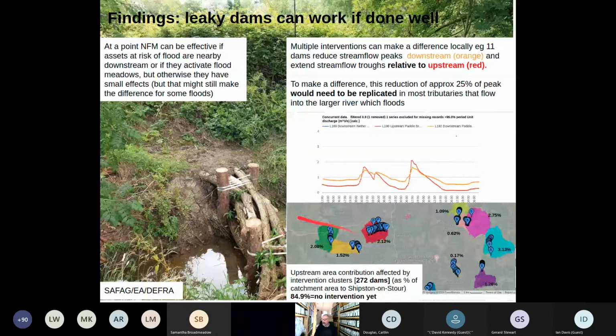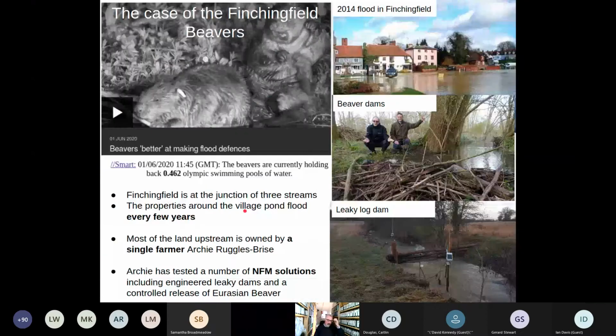Here are some of the results from Spains Hall, where the village of Finchingfield here floods fairly frequently. There's a number of reasons for that. We're at the junction of 3 streams, and the properties around the village pond flood every few years. Most of the land upstream is owned by a single landowner, Archie Ruggles-Brise, and he's tested a whole series of interventions, including the reintroduction of Eurasian beaver in an enclosure, and these beavers have built, I think, more than 20 dams now, and a whole series of very significant leaky log dams along the main stream that you see here,